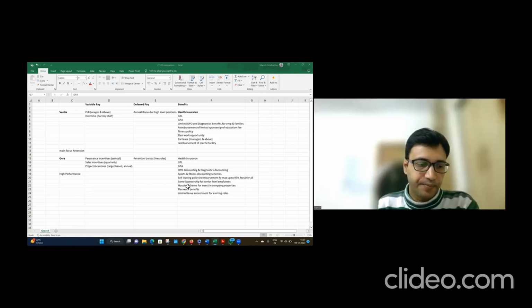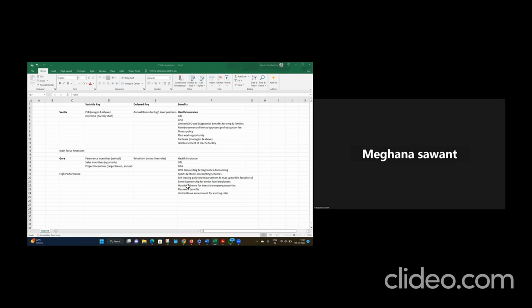So GERA, since we are into construction, the entire process is very time bound. Right from the time you upload those particular designs on the RERA website, there is a timeline which is committed over there to the customers and to the authorities. And if we do not meet that timeline, there's a huge penalty that the developer has to pay, which is why each and every function has a turnaround time. Be it design delivery, or be it your hiring, or be it your approvals, be it the sales, there is a target for each and every person and a timely deadline of delivery is there.